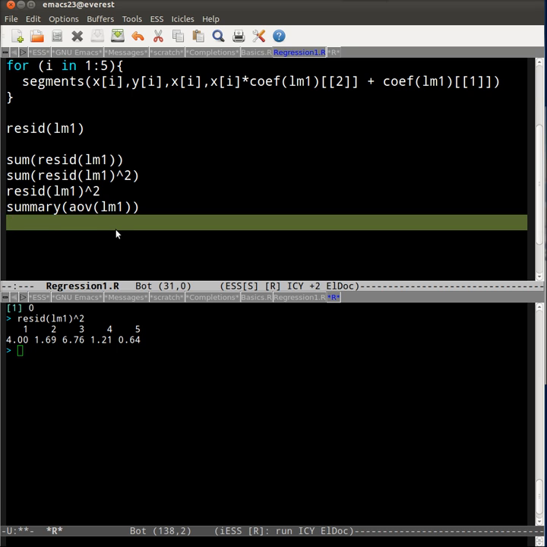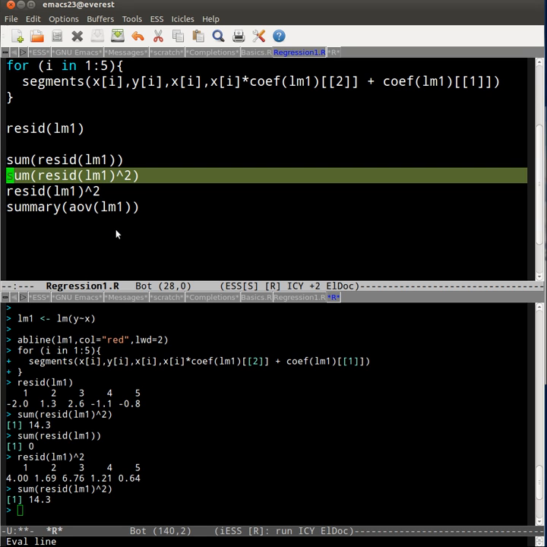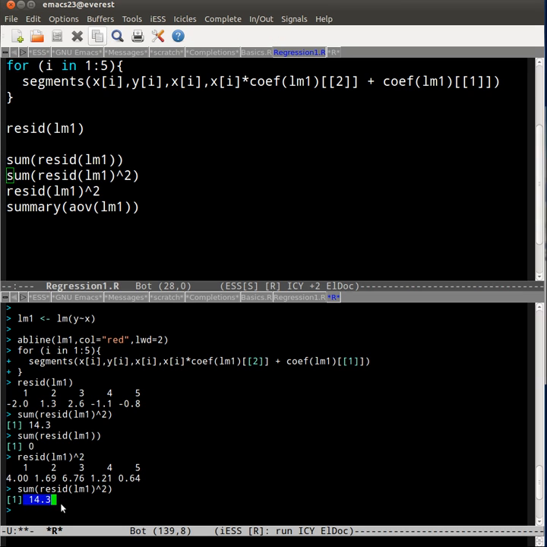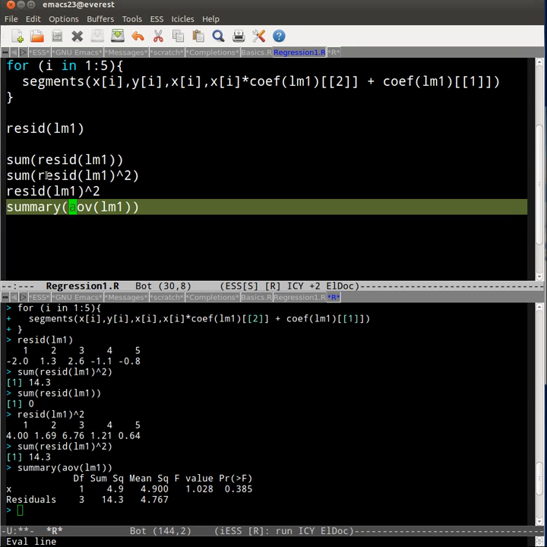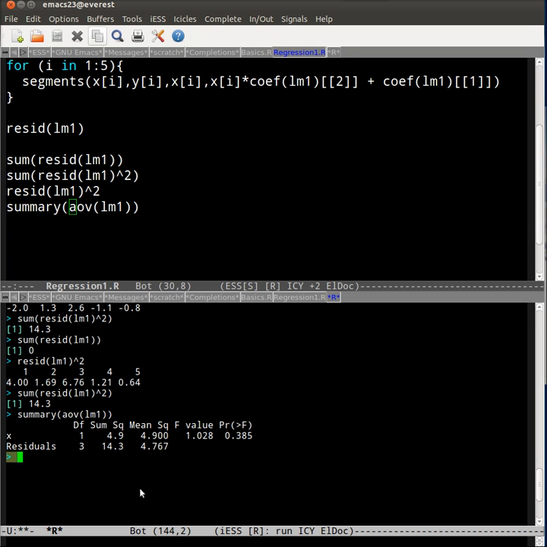And if I took the sum of the squared deviations, the sum is 14.3. Now, that 14.3, I can find it from a regression, but the easiest place to find it is by looking at the summary of an ANOVA table. And if you look at the residuals, because that's what we're looking at here, the sum of the squared residuals